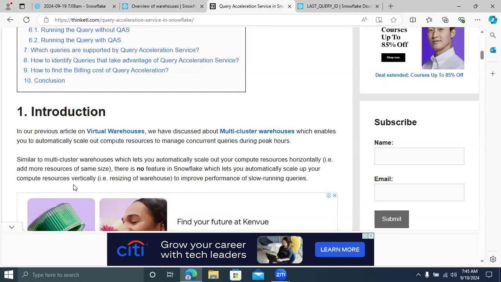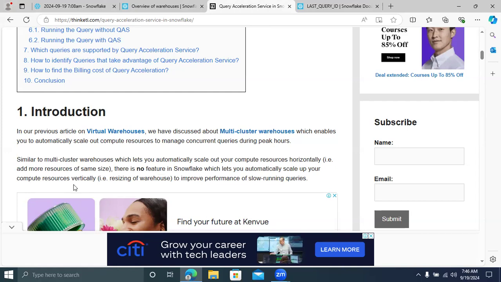When do you want to use query acceleration services, guys? I'm asking a question to you. If your query is running very slowly, in order to improve your query performance, if you have huge data and you are applying a query on the data, your query will take more time to run. At that time, what can you do? You can go for query acceleration services.